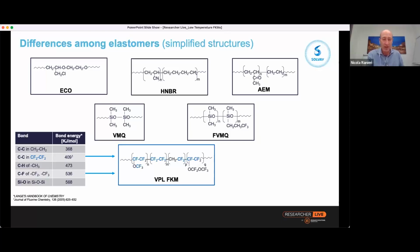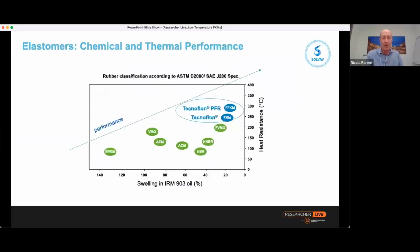This table shows that actually there is this silicon-oxygen bond that is a little bit higher than our carbon-fluorine bond, but this is formally belonging to another world, not organic chemistry, like silica stones. So thermally, the fluorine chemistry is the most resistant, but not only thermally, but also chemically. And I show you a picture here